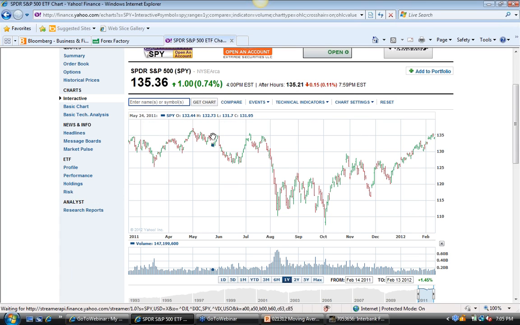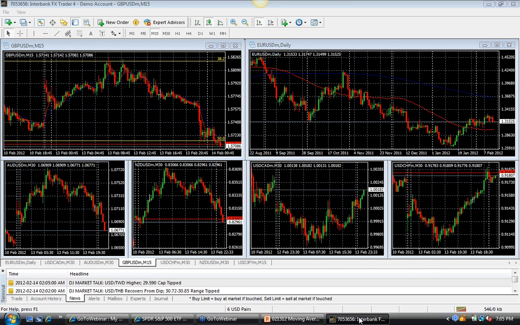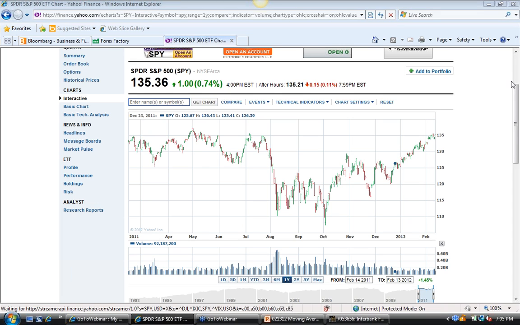It's kind of a tug of war where this resistance line is. We use trend, we use support, we use resistance. Those are major technical terms that you should be aware of and be able to use in your trading toolbox. Well, right now we're at major resistance in the stock market, and we're going to see if we're going to push through or if we're going to bounce off it and go the other way. So we are at a fun technical level there, and whether you're invested in the markets or trading in the markets, you should be aware of that, as those intermarket relationships are very, very important.